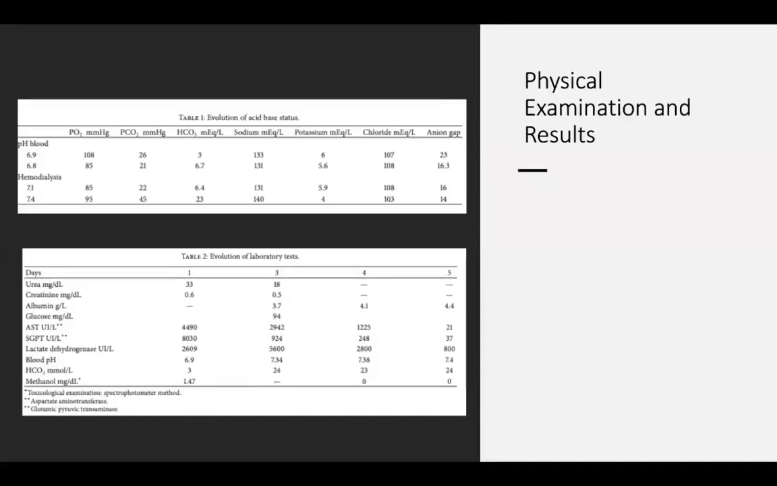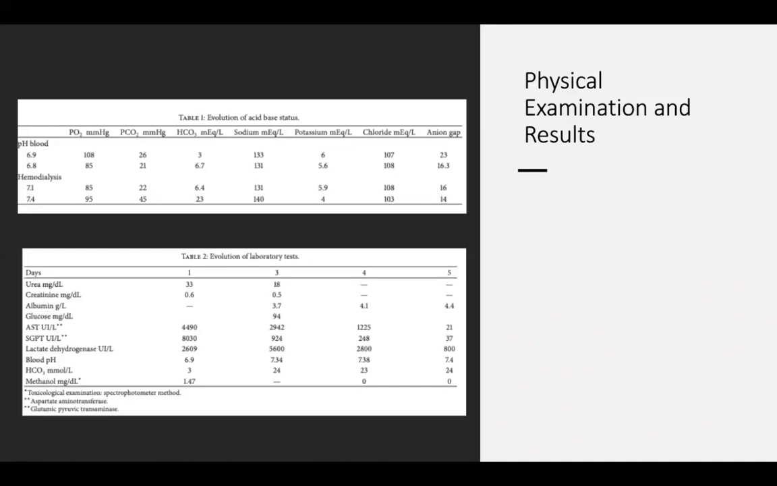Upon laboratory examination, the patient had yellow urine, a blood pH of 7, and a hemoglobin count of 12 grams per deciliter. Furthermore, she had a sodium concentration of 133 mEq per liter, a potassium concentration of 6 mEq per liter, a chloride concentration of 107 mEq per liter, an aspartate aminotransferase concentration of 4,490 IU per liter, an alanine aminotransferase of 8,030 IU per liter, and a lactate dehydrogenase concentration of